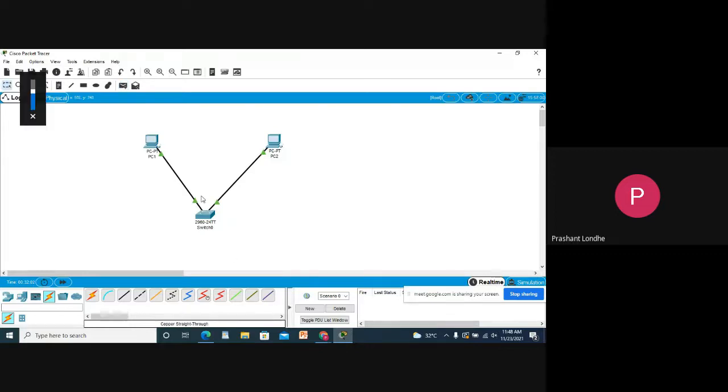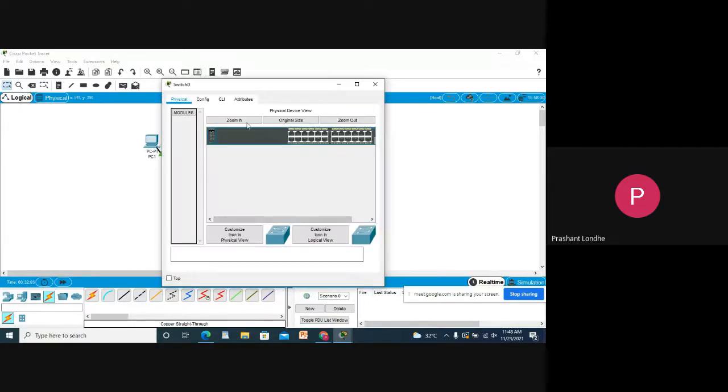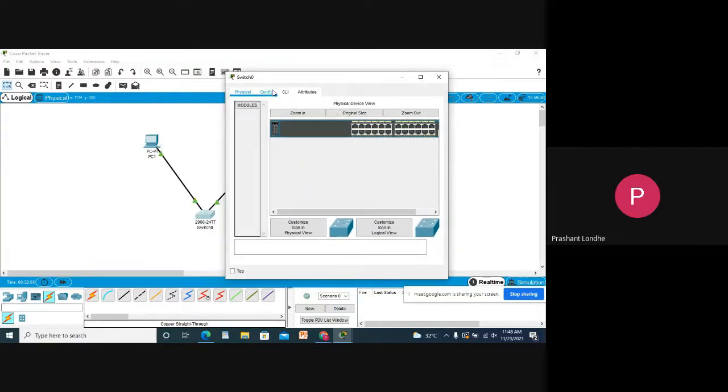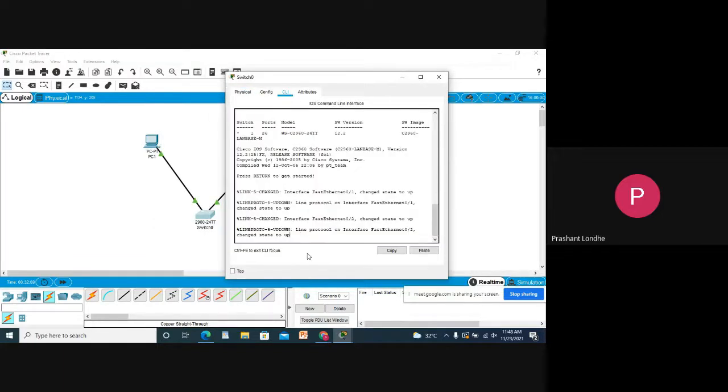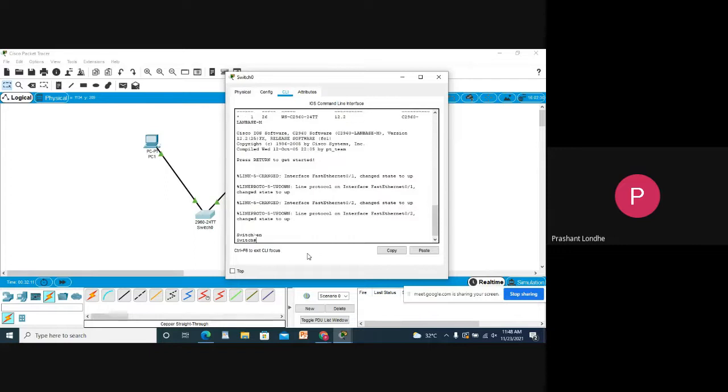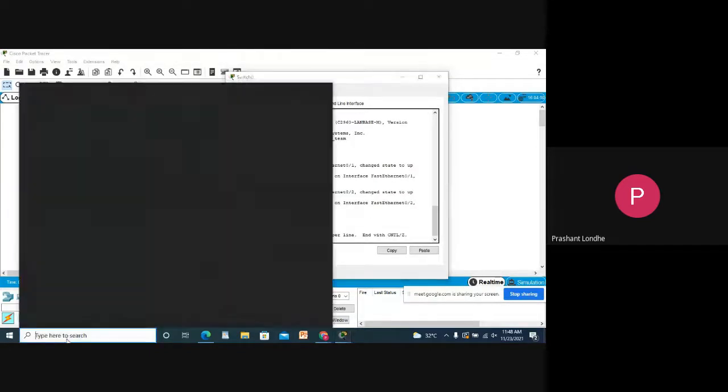Let me start configuring this machine. Go to the CLI, switch, enable, conf t, that is configuration terminal.